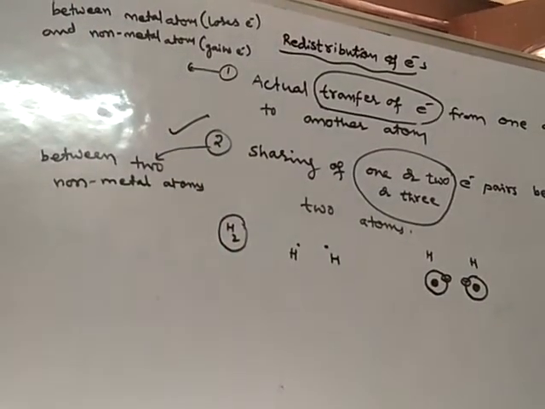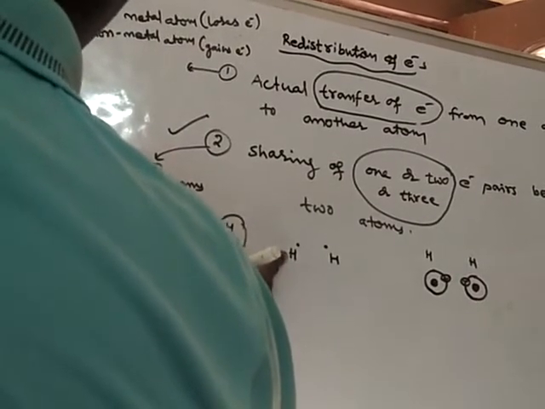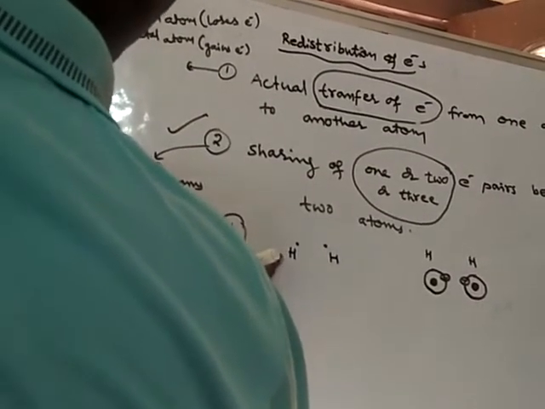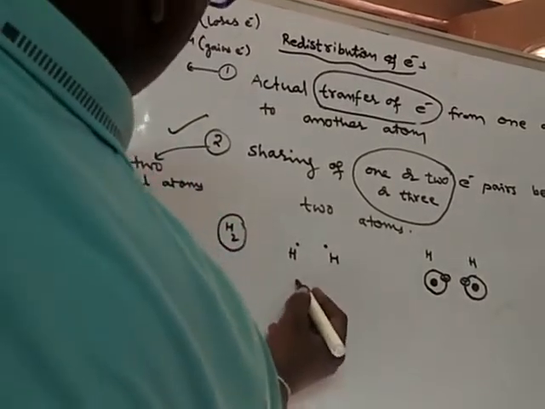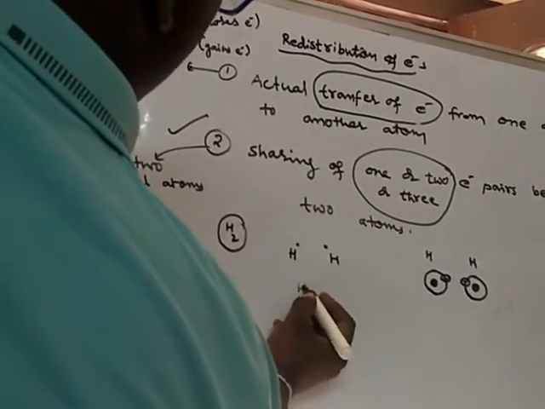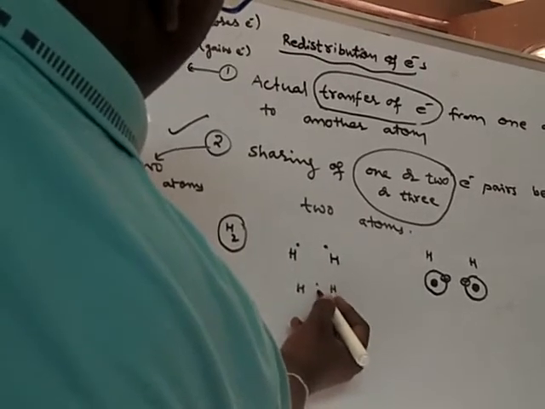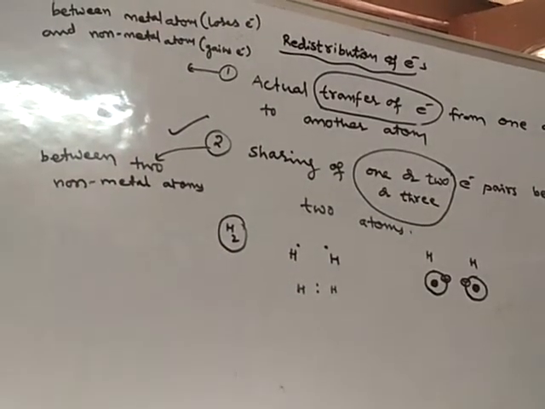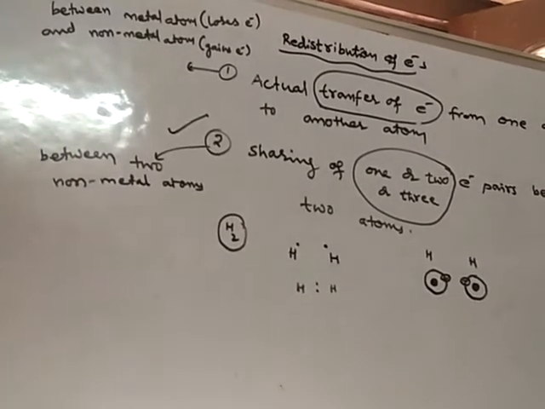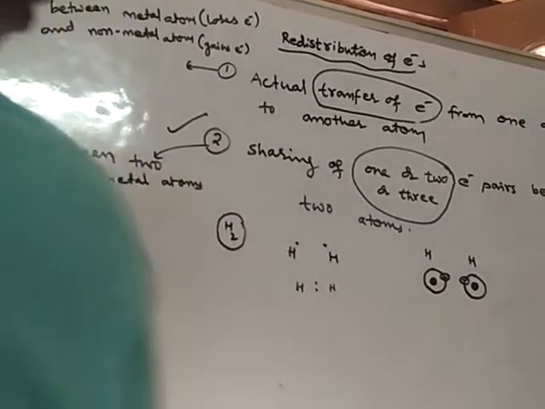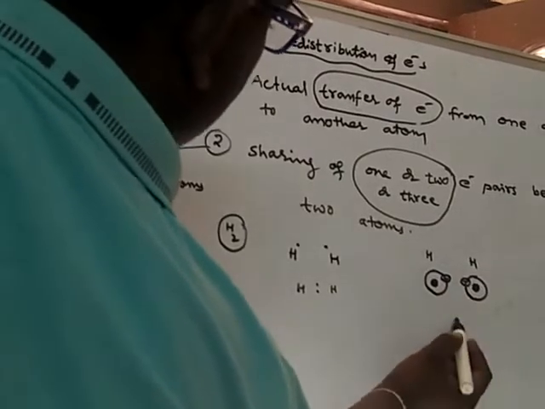Okay. So, what happens? Initially the electron of this hydrogen atom and the electron of this hydrogen atom will form a pair. That means this hydrogen atom will give one electron, and the other hydrogen also will give one electron to form a pair of electrons. So here a pair of electrons is formed between these two atoms, because these two electrons will form a pair.